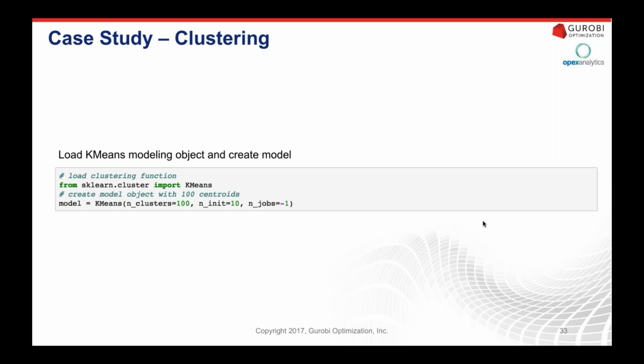So now we're going to load the k-means modeling object from the clustering module of the scikit-learn, or sklearn, library. There's only 2 lines of code here, but I think there are some points worth discussing, because as you start to explore machine learning in Python, you'll certainly come across the scikit-learn library, and it's important to understand some of the arguments that we're passing to these models.